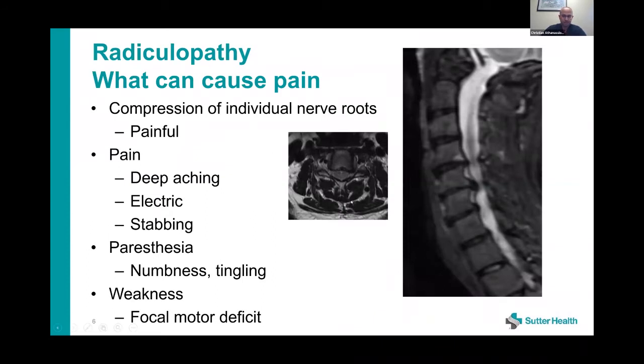So when someone speaks about neck pain, they also often speak about pain that's radiating either up over their head or over their shoulders and down their arms. They can discuss it as a deep pain, an electric pain, or electric shock-like symptoms, a stabbing pain. People can wake up with numbness or have numbness throughout the day, and they can have weakness as well. People will come sometimes in with problems with balance. And all of this can come from the neck and can be associated with neck pain in association with radicular